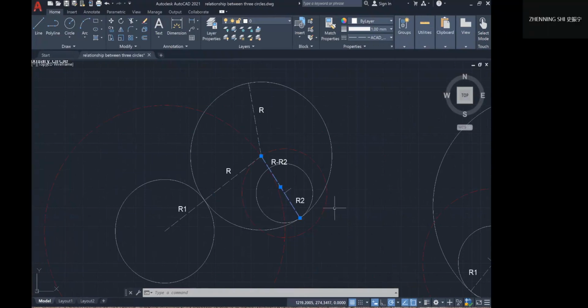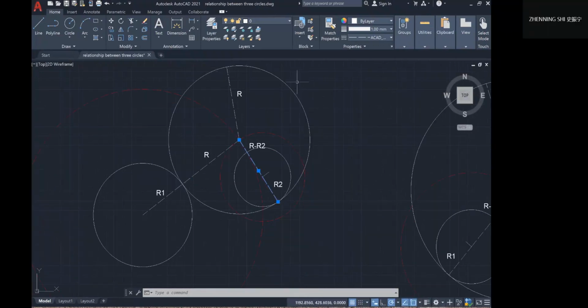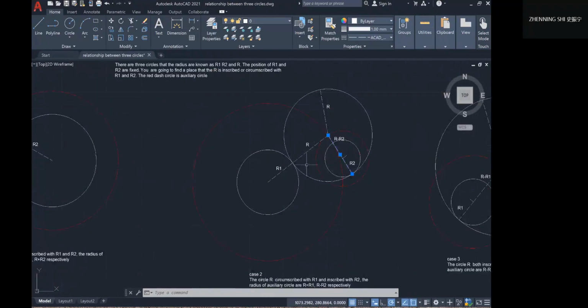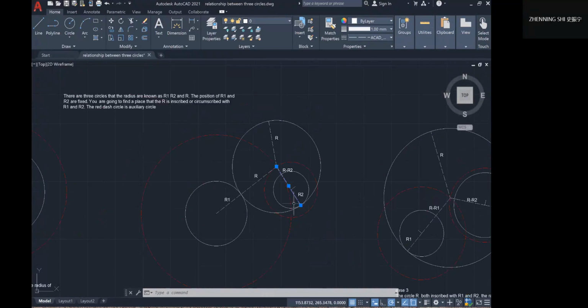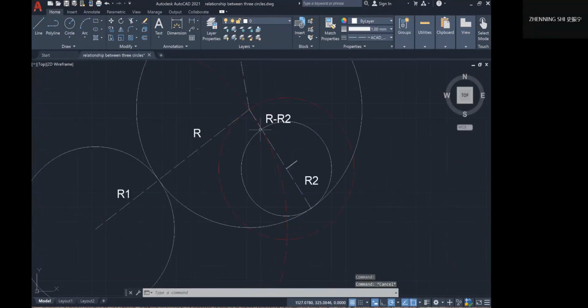Okay, I think it's not easy than this one, but I think it's okay. If you want to find this auxiliary circle,